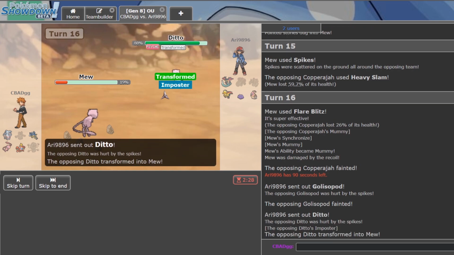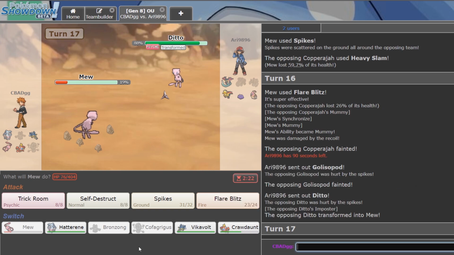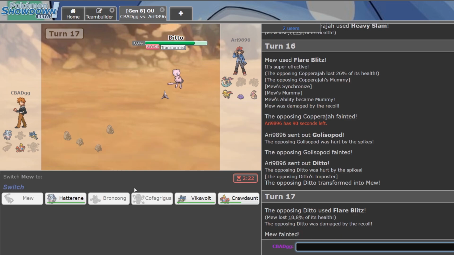Ditto comes out. So Ditto can copy me pretty well here. It can go for the Flare Blitz, it can go for the Self-Destruct. I'm going to go for the Trick Room. Flare Blitz comes off. Okay. So it's Choice Scarfed into...